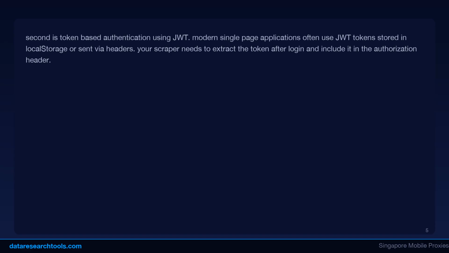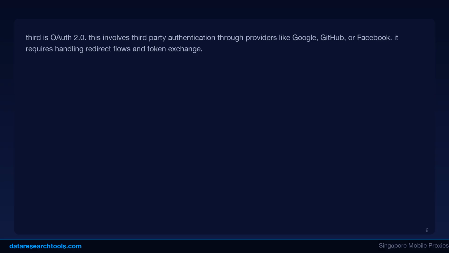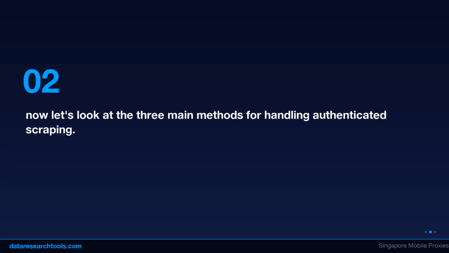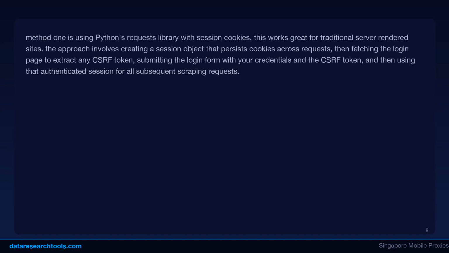For scraping behind logins, you need to replicate this flow programmatically. The approach depends on how the site implements authentication. For form-based login, which is the most common type, you send a post request to the login endpoint with your credentials, capture the session cookies from the response, and include those cookies in all subsequent scraping requests. The key details you need are the login URL, which is usually the form's action attribute, the field names for username and password,